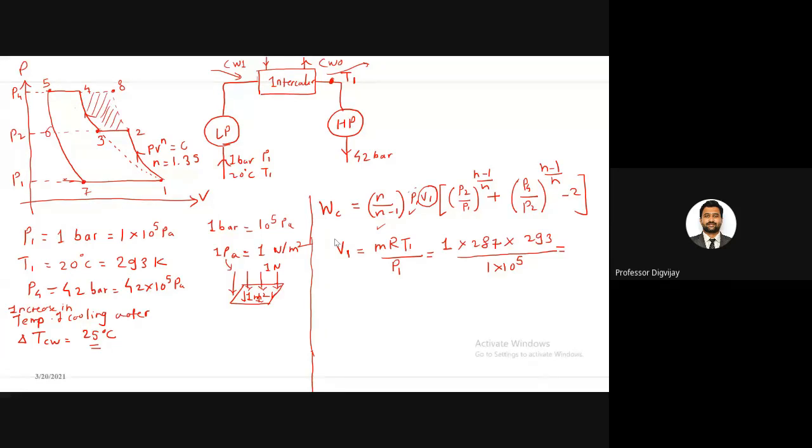Okay, so I see a lot of answers here as 0.84. So I will take that. So V1 here is 0.84, and the unit will be meter cube per kg, since we are calculating per kg. Its unit for work will be joule per kg or watt per kg, whatever that will be. Okay, so work will be equal to n, so n here is 1.35 divided by 1.35 minus 1,